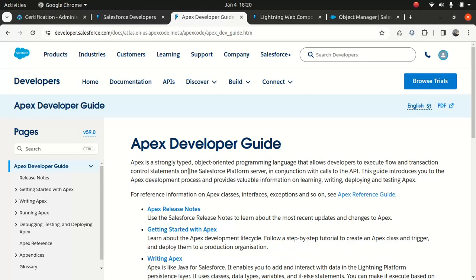But that being said, it's a fairly decent language. It's not a dynamic language. It's not a scripting language, right? It is a proper object-oriented language. Salesforce is adding more and more functionality as they go along, but whatever we have at this stage is pretty good. It's pretty robust. You can write your own design patterns.